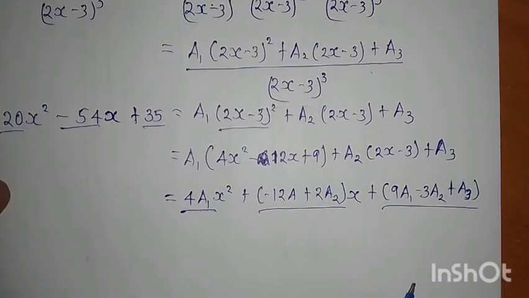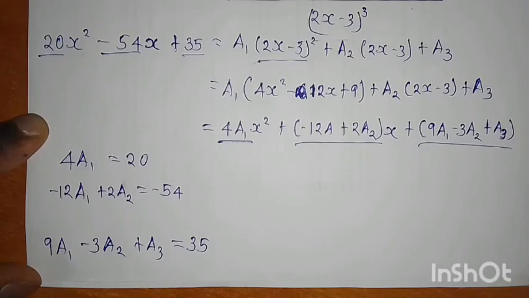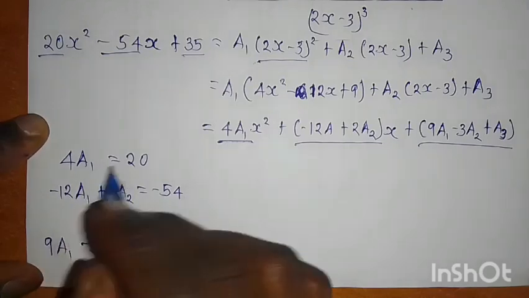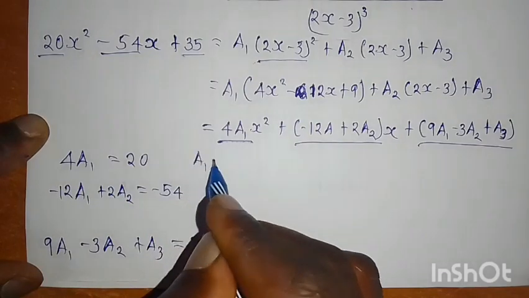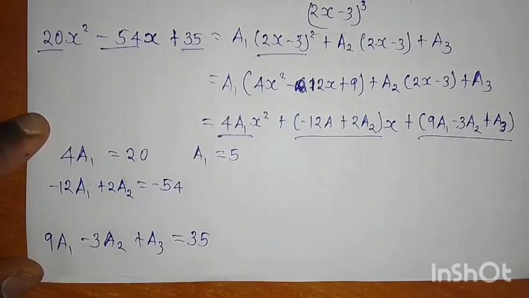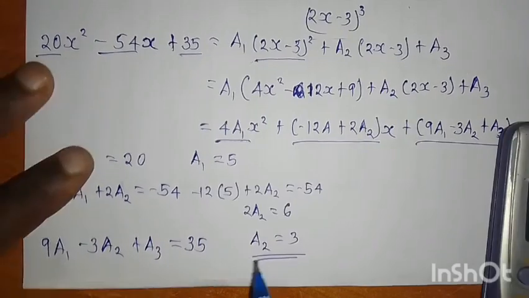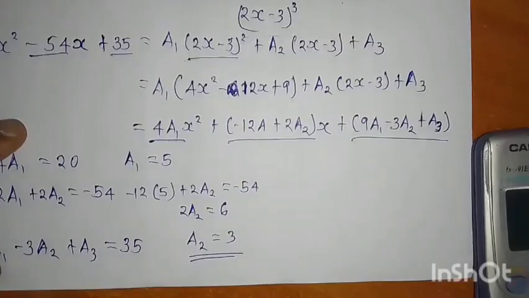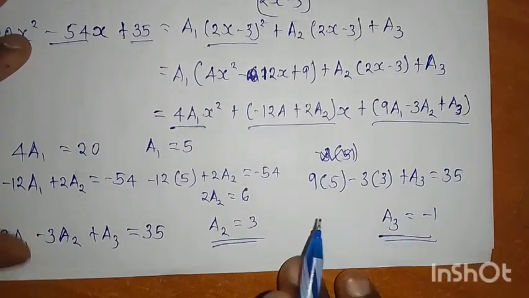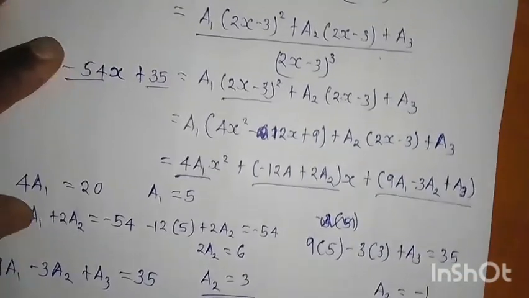So we develop these equations as, so solving one after the other. From this first one, we find that the 1 is 5. The second one, we find that the 2 is 3. And going to the third one, we have minus 1. So therefore, we can write our original expression as,